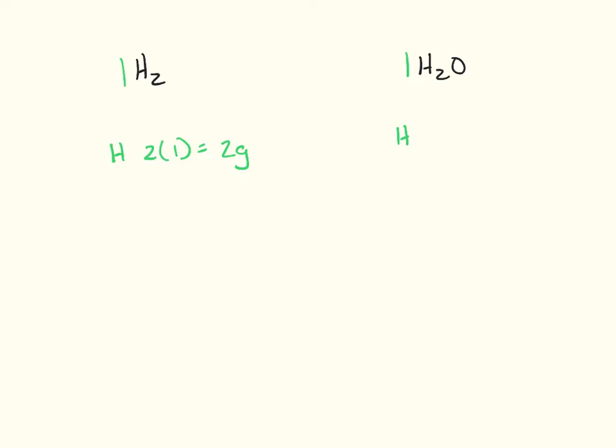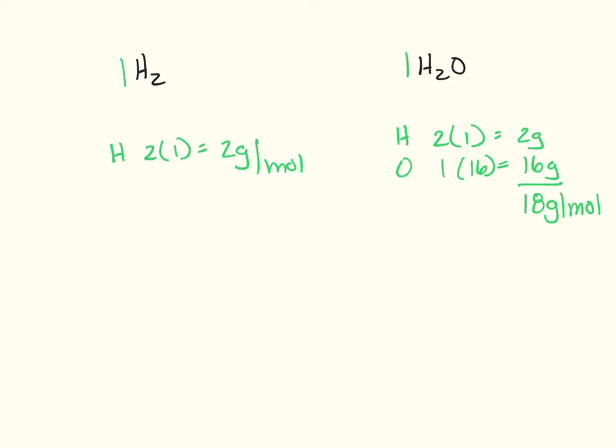Alright, so we've got H, we've got 2 of them, they weigh 1 apiece. And we've got oxygen, we've got 1 of them, it weighs 16 apiece. So 2 plus 16 is 18 grams per mole. So if I asked you to bring me a mole, which remember is a group of something, it just happens to have 6.02 times 10 to the 23 items in that group. If I asked you to bring me a mole of hydrogen, it would only weigh 2